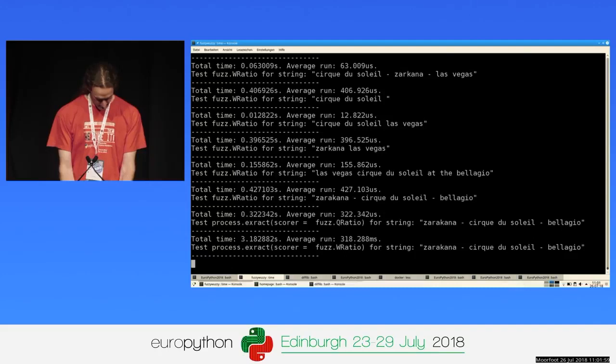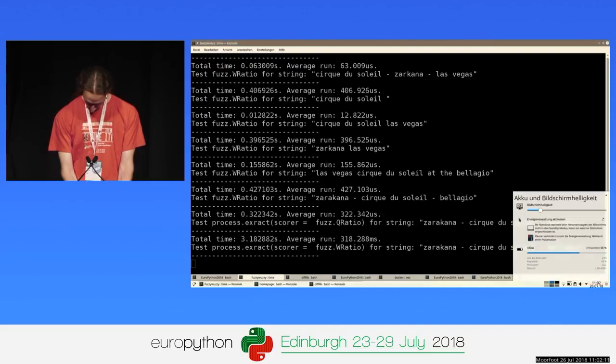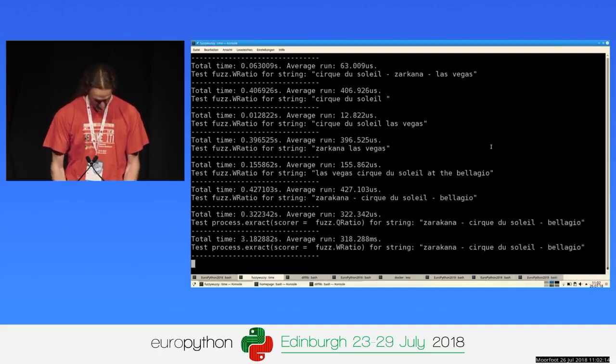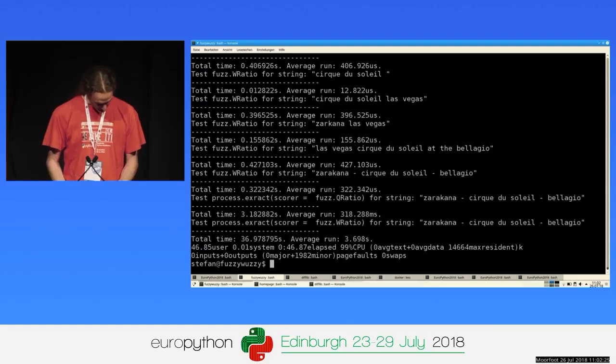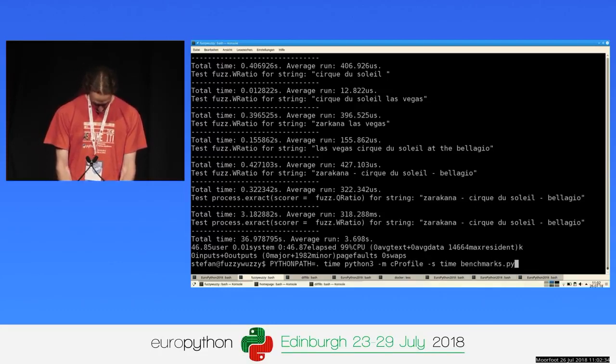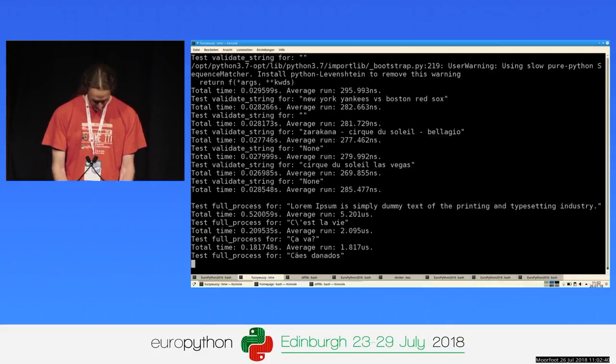Takes a bit of time. One thing you shouldn't forget when running benchmarks is to switch off energy handling of your laptop. It's probably okay in this case, because it's been doing computations before, so probably not slowed down much. Yeah, it's about what I expected. So 46 seconds for the whole runtime. Now, next thing I'm going to do is run cProfile on the benchmark to see where the time goes. So I'm going to run it again.